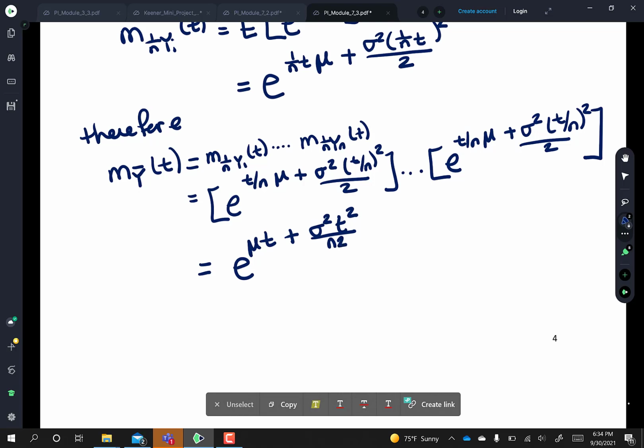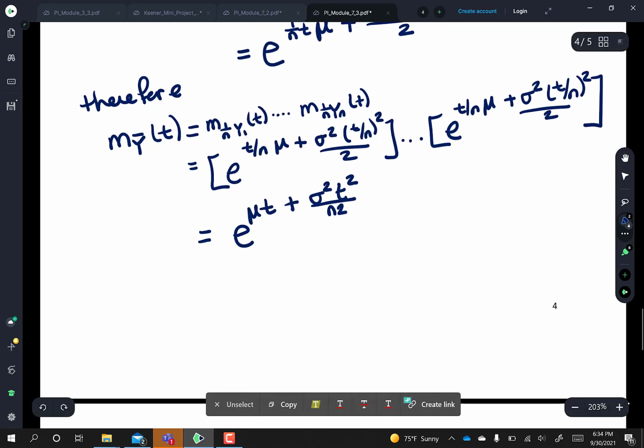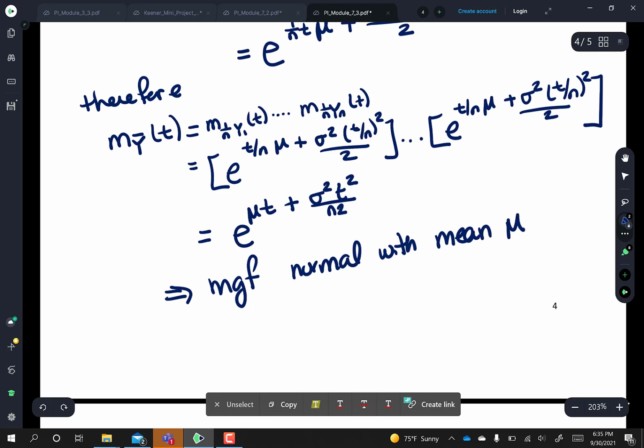Where that is coming from is you've got t over n squared, so the n squared comes into the denominator here, but you have that multiplied n times, so you end up with n over n squared, so you're just going to have an n in the denominator, and then of course the 2 is just there. And it ends up that this is the moment generating function of a normal with mean mu and variance